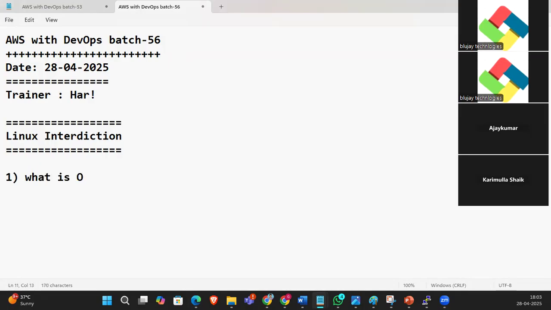What is OS. Second one is types of OSs. Third one is types of hardware also.